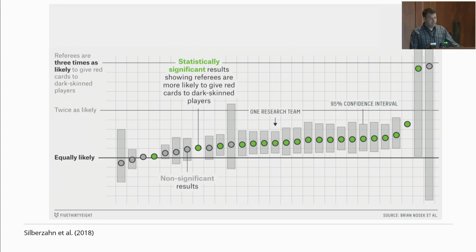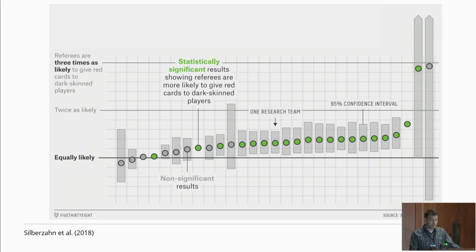Here's the many analyst study. This had 29 teams that used the same data set to address the same research question, whether soccer referees are more likely to give red cards to dark skin tone players versus light skin tone players. Each team here developed independent analytical strategies to answer this exact same hypothesis. No two strategies were the same, and there was variation in terms of what was actually observed for the findings. About 2/3 were significant and positive, that's the green dots you see there, and about 1/3 were negative. Those are the gray estimates. And there was substantial variation from the smallest to the largest observed effects.